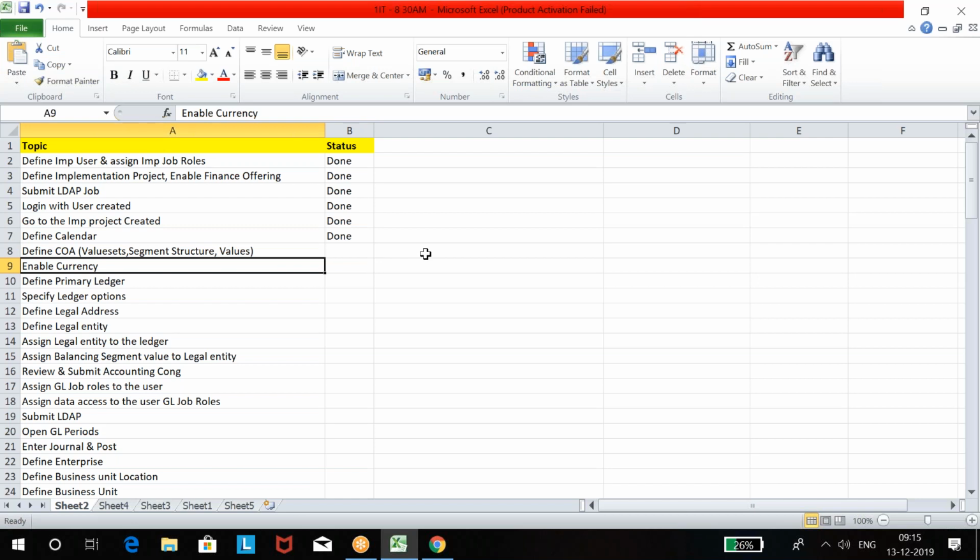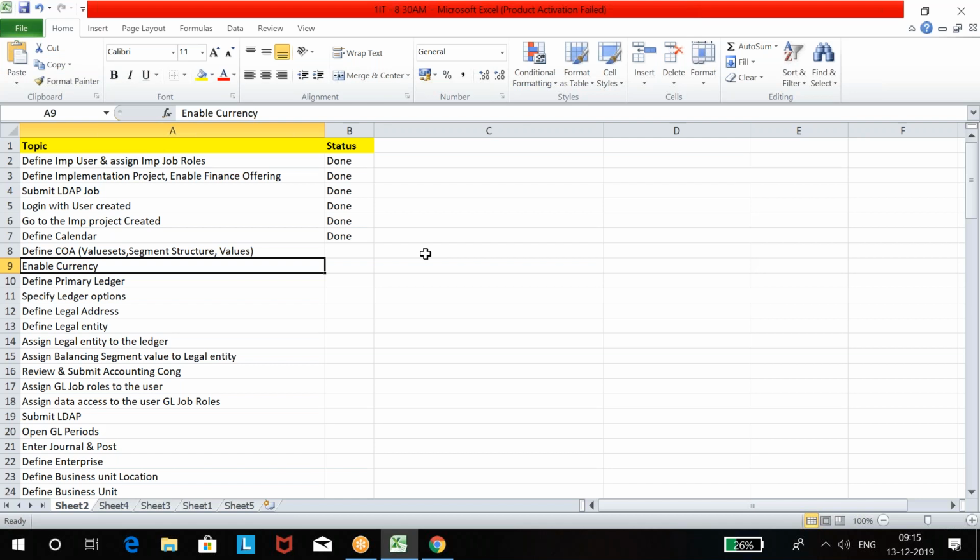Currency. See, currencies in Oracle are provided by Oracle. I mean, in the application provided by Oracle, you don't have to create currency. All currencies are predefined, given by Oracle. We just need to enable whichever currency we want. But you will see all currencies enabled by default because this is already being used by so many people for practice and training.